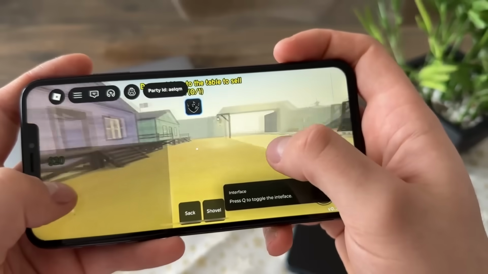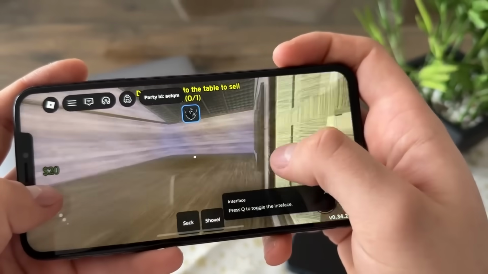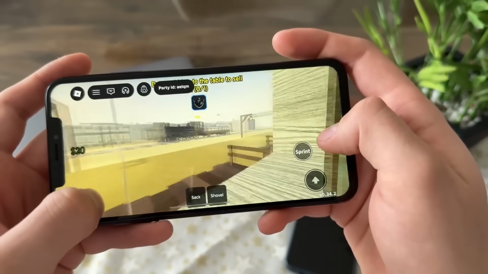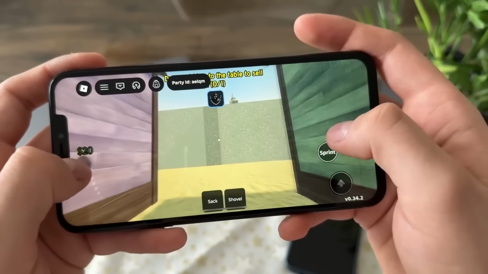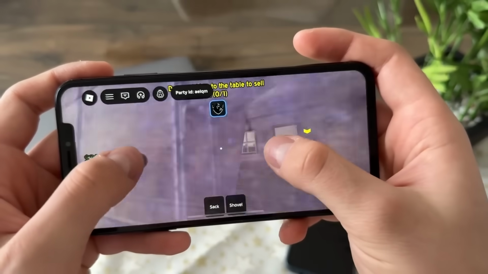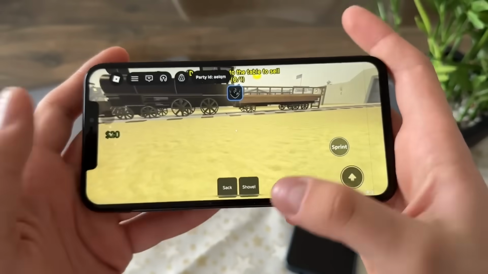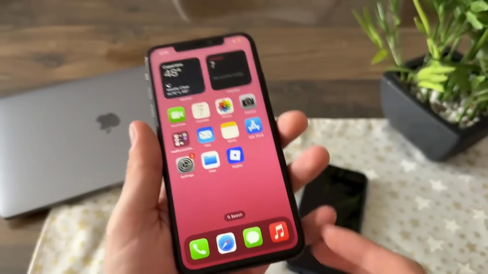Oh my god, I cannot believe that it actually worked. After testing a lot of websites, bloxforge.com was the only working so far. Look at this. We got our no clip, and we can also bring all items and do literally whatever we like, guys. I'm so excited because this